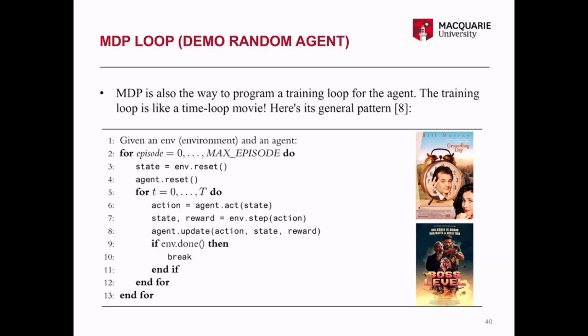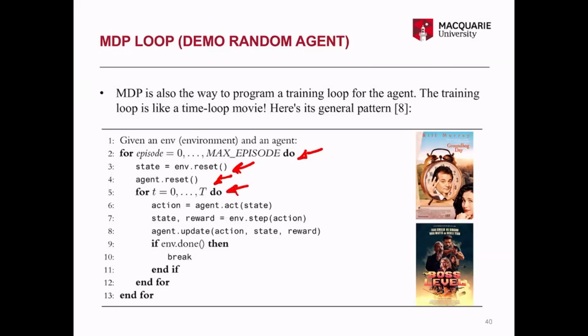So you see in the beginning of the movie, like the algorithm, we start iterating through episodes. Each episode starts more or less from the same place in the movie, and this is where we reset the environment. We also have to reset the agent, or the protagonist, to the same state as well. And just note that resetting the agent doesn't necessarily mean wiping its memory; it just means setting it to the right state. And then the agent, like the actor, has a limited time, capital T, to finish the